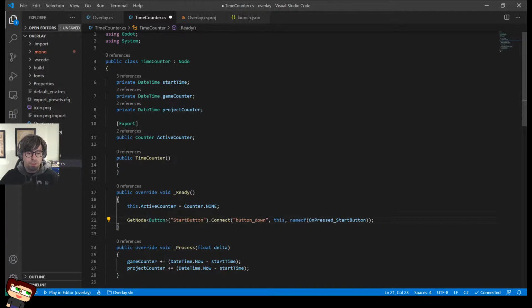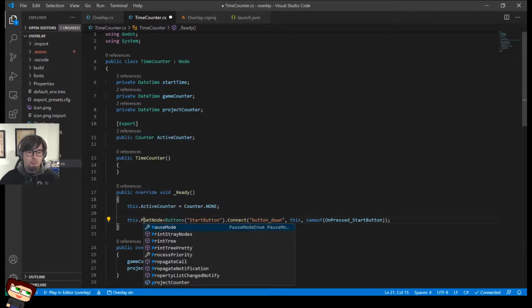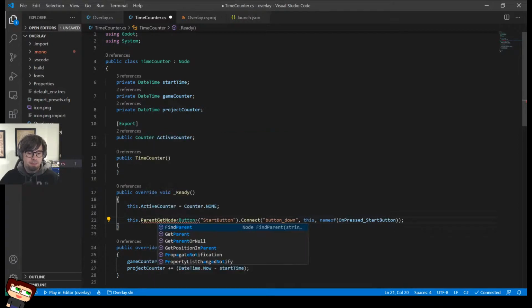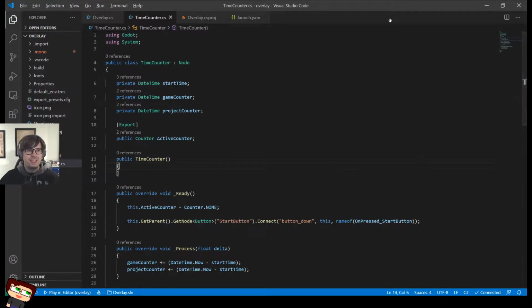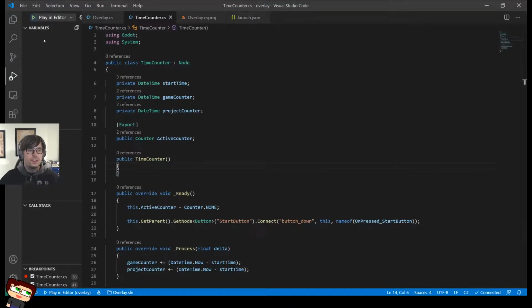We are going to go this dot get parent like that, and then we are going to get node. Is that how that works? Can I do it that way? Let's find out. Always time to learn something.